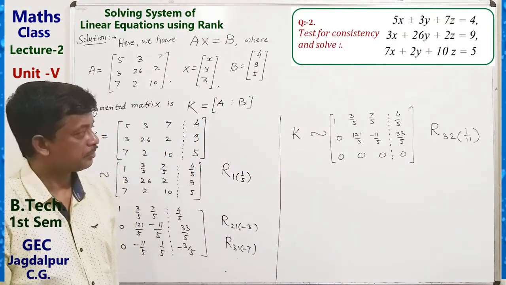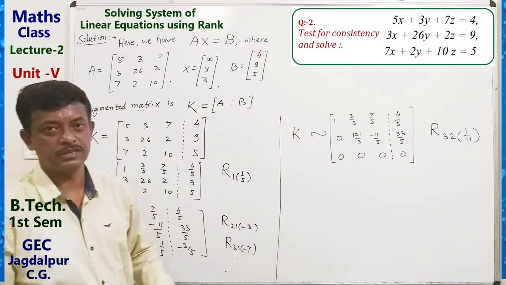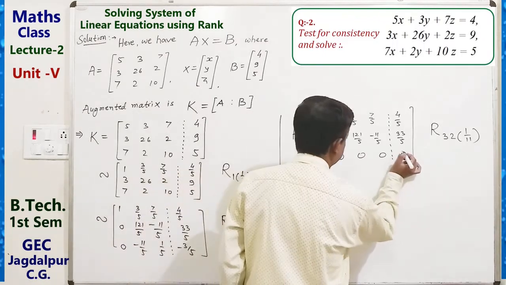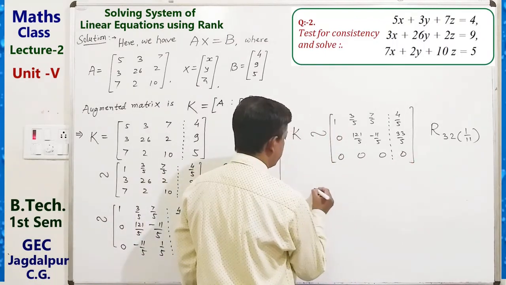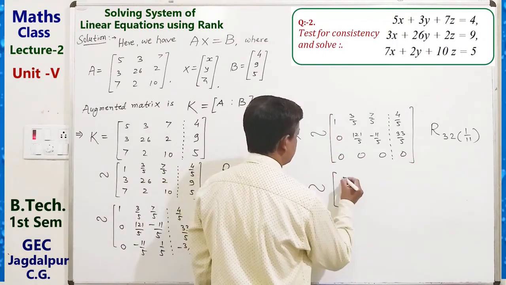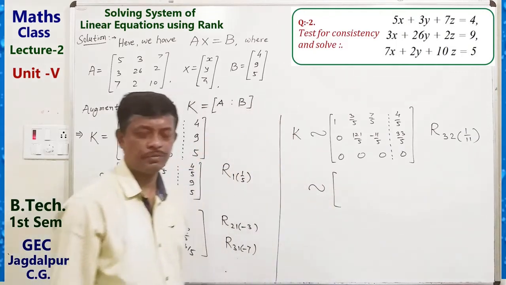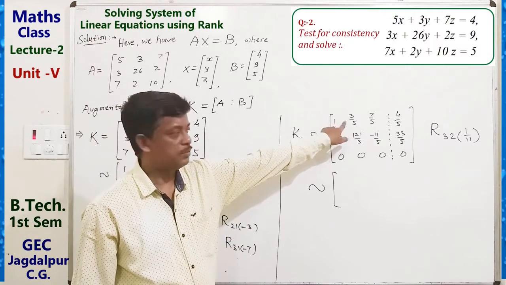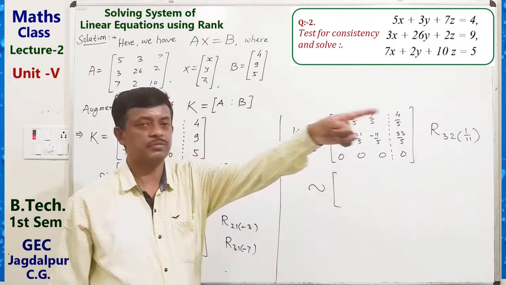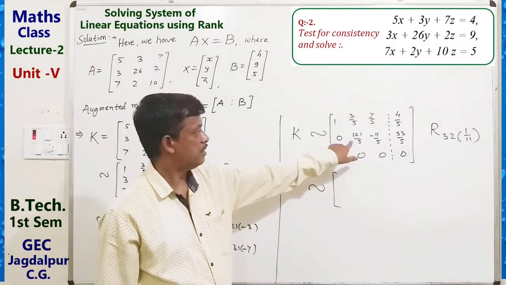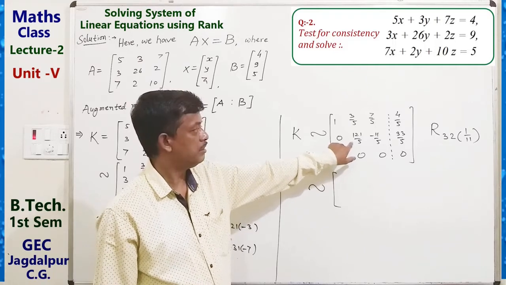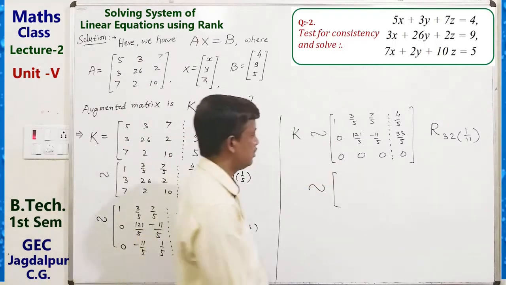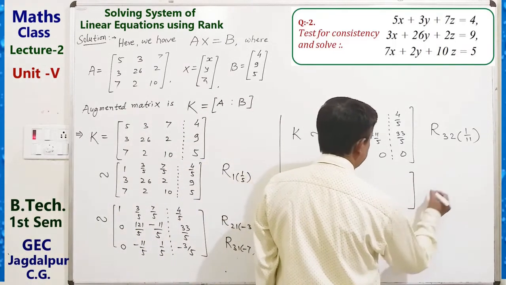Now, here we can see that it can be simplified like this. Now, multiply by 5, then 1374 and multiply by 5 by 11. It can be written as a simplified form